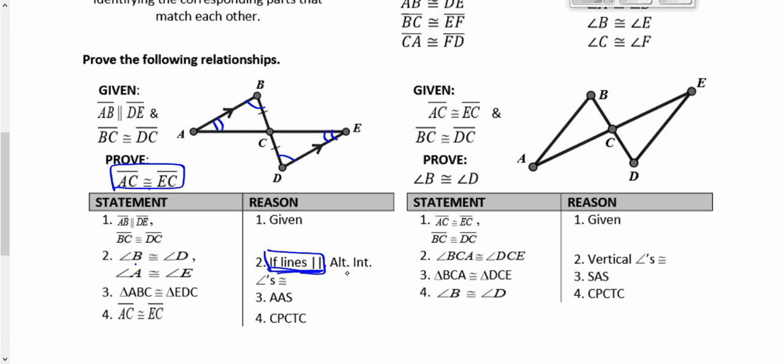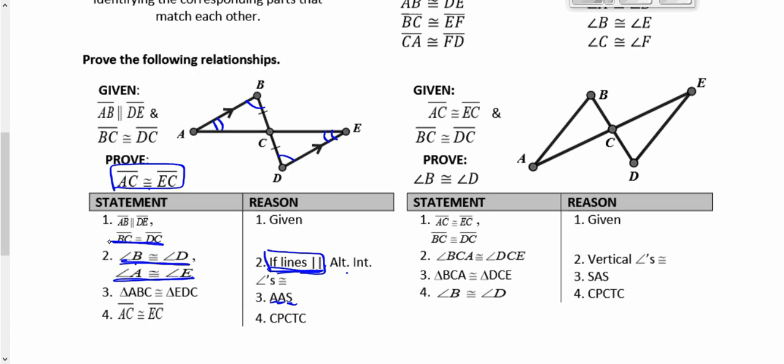Let's check. So I have my first A. Do we have a pair of angles stated congruent? Yeah. And for the other A, do we have another pair of angles stated congruent? Yes. Okay. For the S, is there a pair of sides stated congruent? Yes, right here in the given. Okay, so if you're going to use an A and an S, you need two pairs of angles stated congruent,